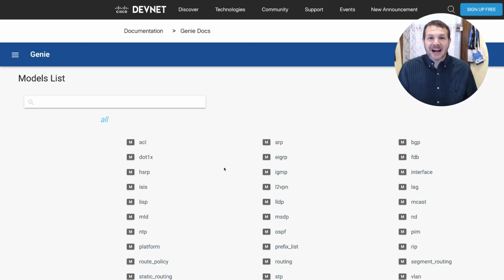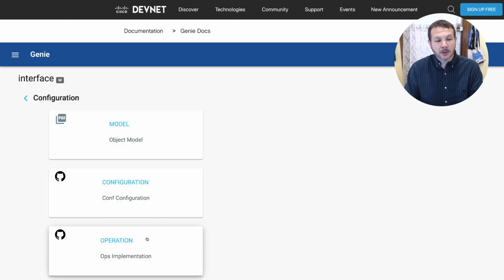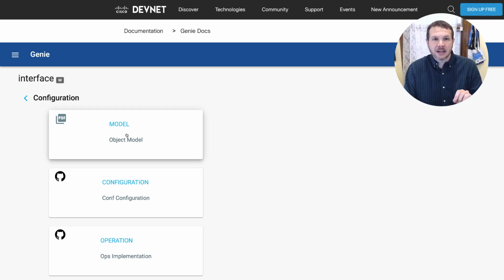So here's that giant list of the models that are supported. We've looked at this before anytime that we've talked about Genie learn OSPF or Genie learn routing, Genie learn VLANs and interface. But if we go into one of these, we can actually see that they both have not just operation, but configuration details. And we could look at the GitHub code for those as the parsers and information. But we're going to start out by looking at the model to see how we can see the conf versus